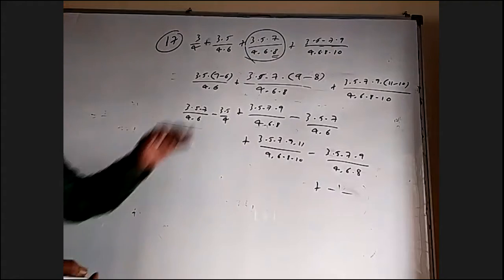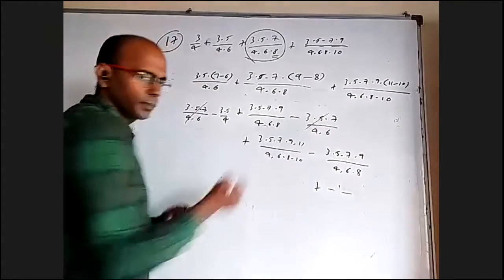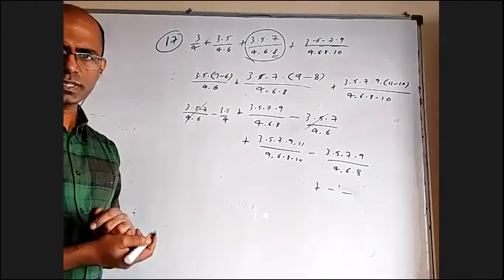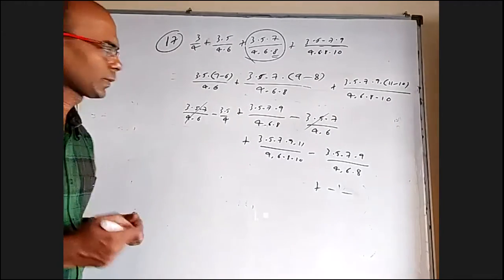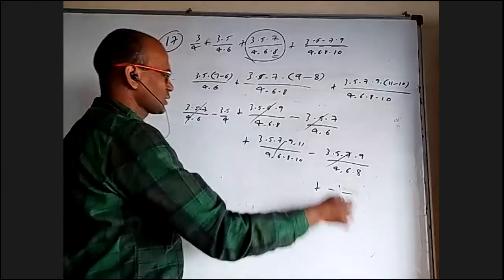Okay. Now can you see clearly the method of differences, that these two are getting cancelled? Am I right? Are you able to understand better with the example? Yes, sir. Okay. Similarly, these two will cancel. These two will cancel. You'll be left with the last positive term and this.